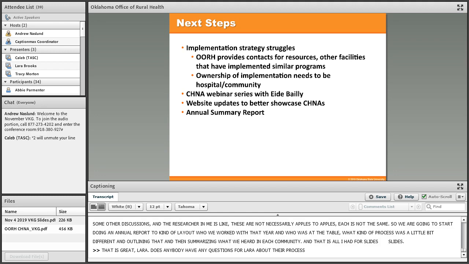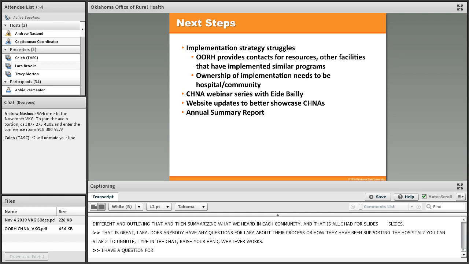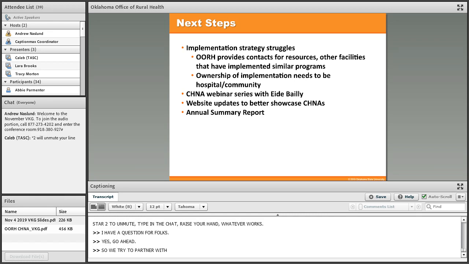And then an annual summary report. 9 years after the passage of the Affordable Care Act, this sounds like a good idea now. We have a lot of internal folks who are asking, well, what's coming up in the needs assessment? And generally, we do, just like I did in that previous slide, mental health, obesity, items such as that. But now we're starting to have some external folks wanting to use the needs assessments to guide some